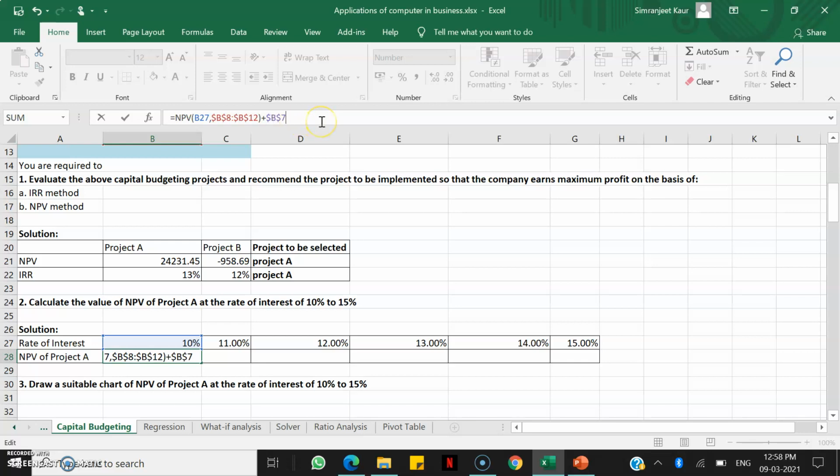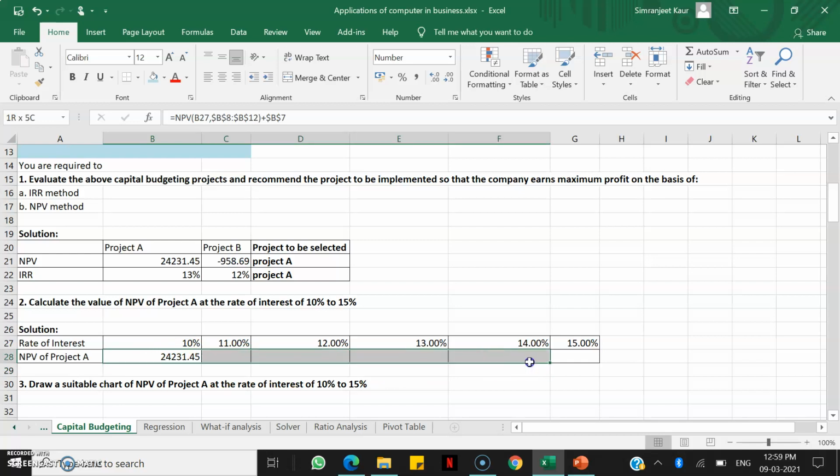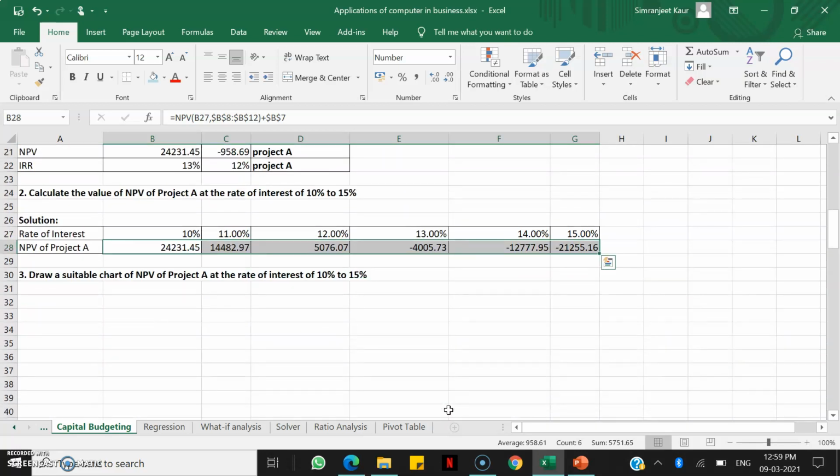So we can do it manually also, we can do it by pressing F4 also, right, and I'll simply press enter. Now the only thing which will be variable here is the interest rate, right? So 10 to 11 to 12 and 13 and so on. So now all that I have to do is select this and press Control R, right? So I have NPV for all the projects now.